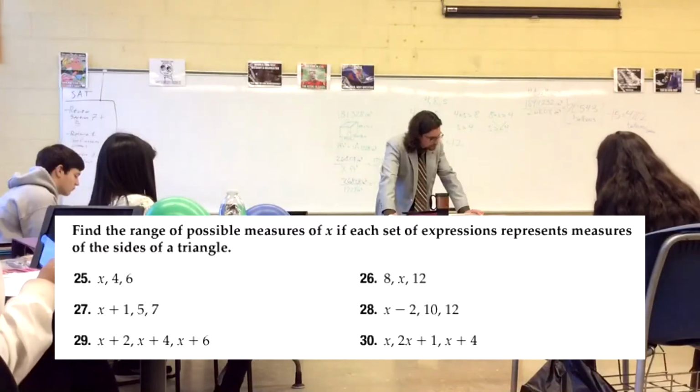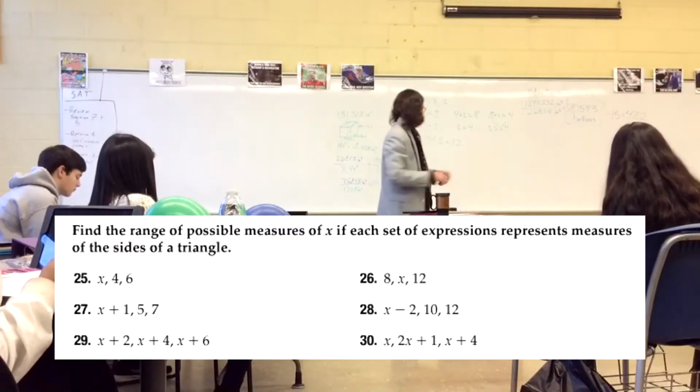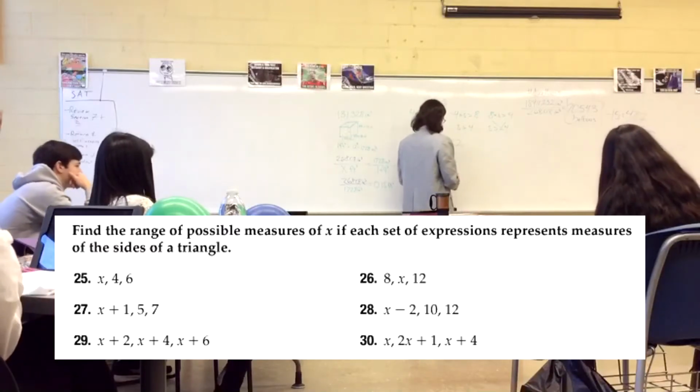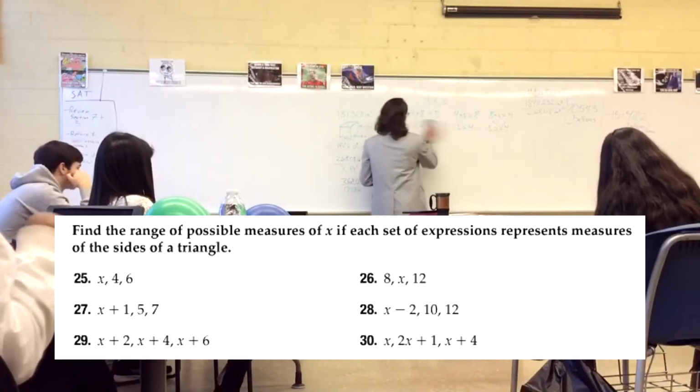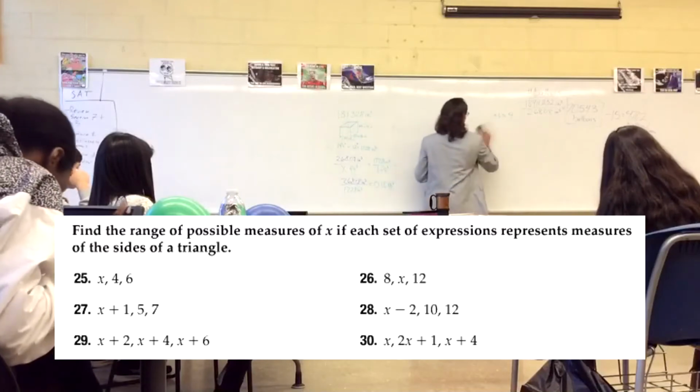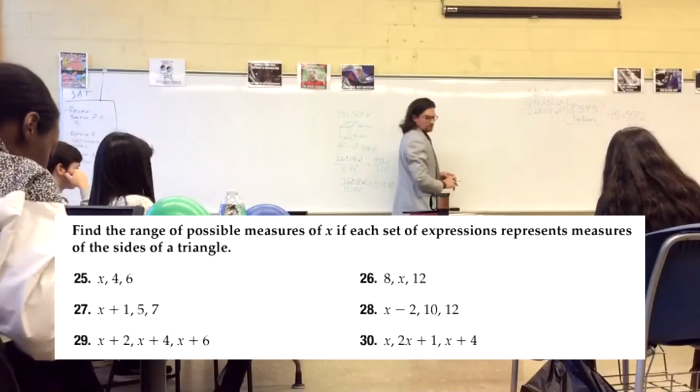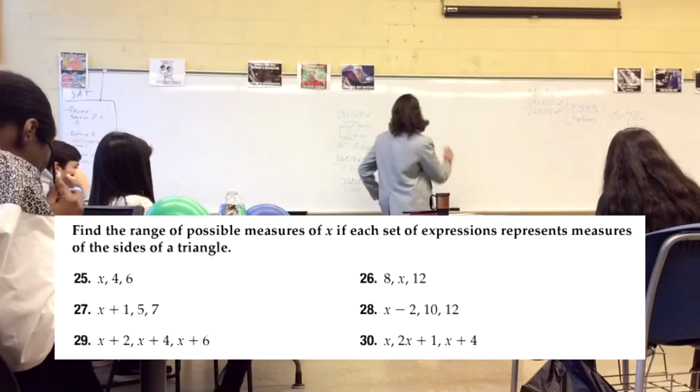Can you go for 26? 26, so you can check. Now, here's where you need to check all three, because you really don't know what the value of x is. It could be in between the two values. It could be the greatest, and it could be the smallest. So you have